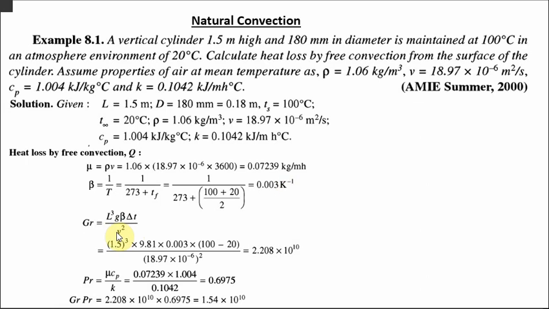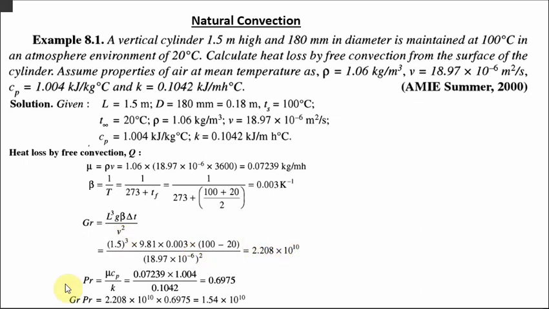Now we can calculate Grashof number. We know that the characteristic length in case of a vertical plate is the length only. Only in case of a cylinder it is the diameter, and for a horizontal plate it's different. So here we can take the length of the plate. We calculated g and beta here. g is acceleration due to gravity, delta T is the temperature difference between surface and fluid, and nu square is the kinematic viscosity square. So we got a Grashof number here.